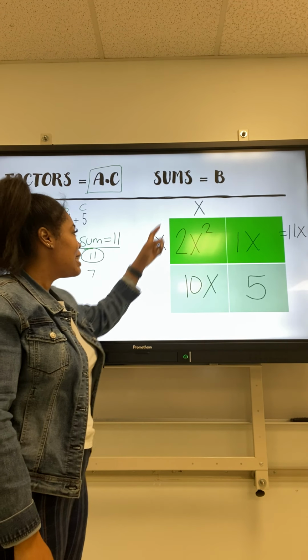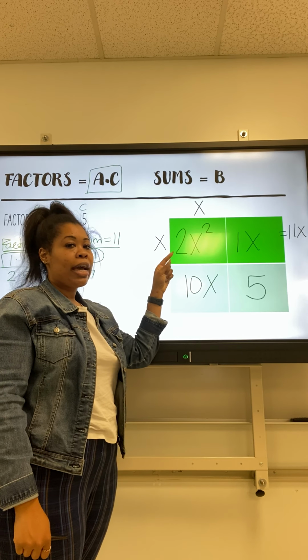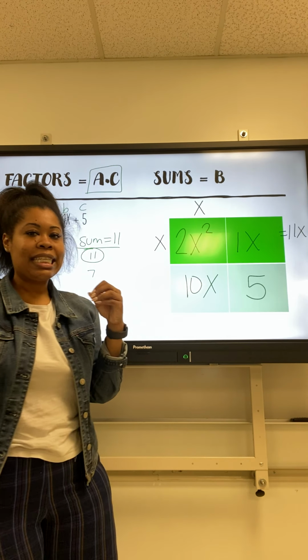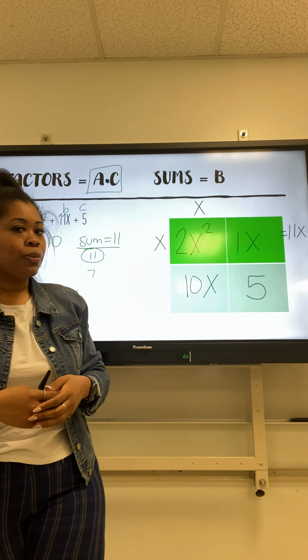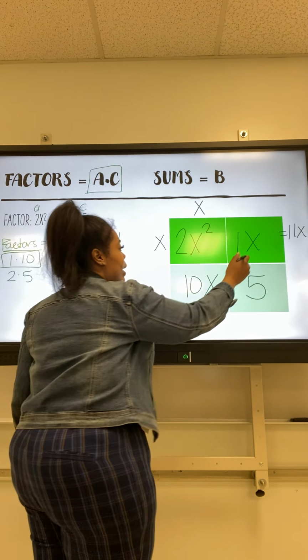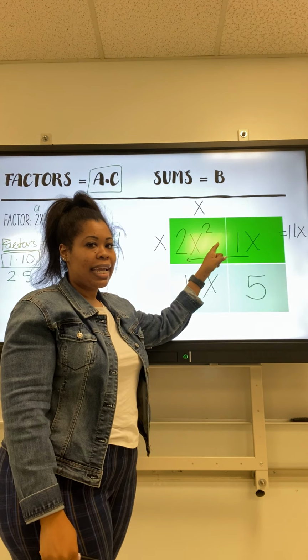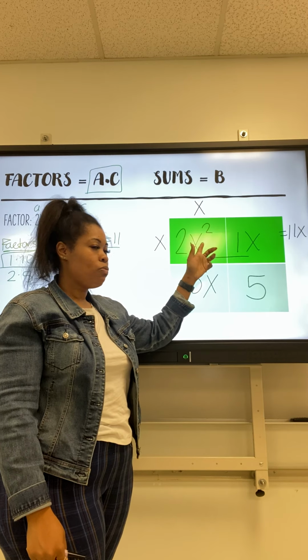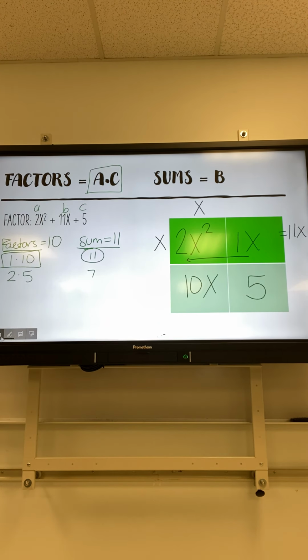But x times x only gives me x squared, and I need this to be 2x squared. So I gotta figure out in which direction can I take out a 2, meaning which one can I divide both numbers by 2. If I look this way, this has a 2, this has a 1. I cannot divide 1 by 2, right? That doesn't work. So I'm not gonna be able to take the 2 out from there, but if I look the other way,